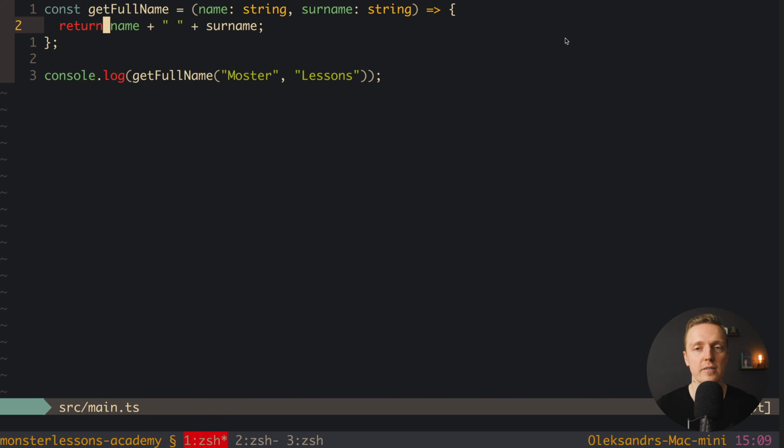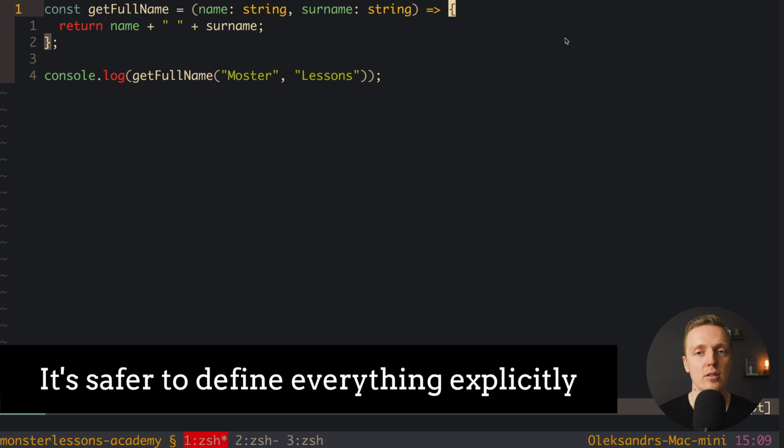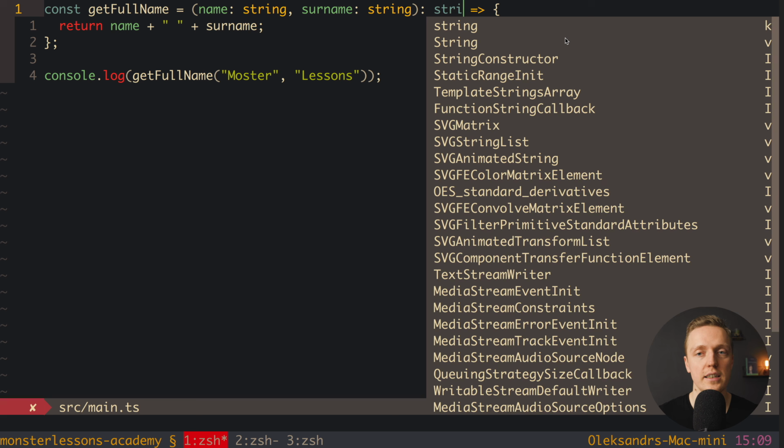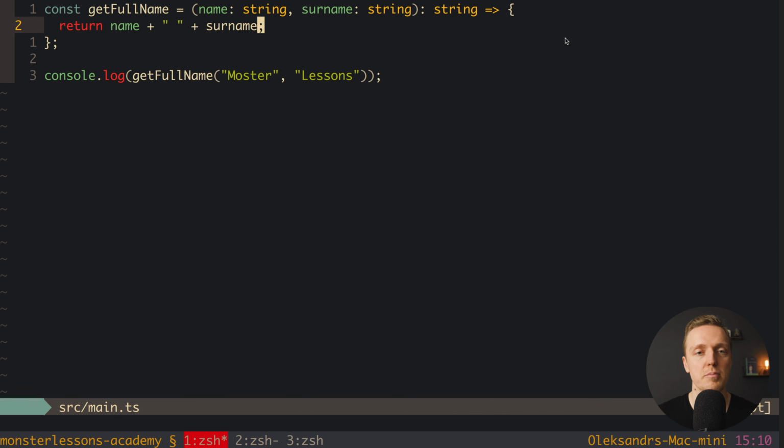So as you can see, we didn't provide here the value that will be returned, and TypeScript understands it by itself, because here we have name string, surname string, and concatenation of two strings is a string. But of course, I already said that it is better to provide everything explicitly, because first of all, we will be sure that we are really returning a string, and secondly, if you change by mistake the content of your function, and then TypeScript will think that you need to return, for example, a boolean and not a string, then your code will work incorrectly. With a string set explicitly, it doesn't matter what you wrote here, you really must return a string.